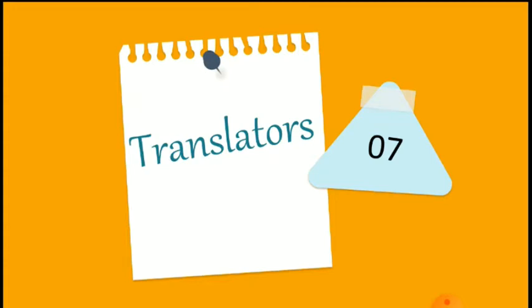In previous session, we have studied the first translator, that is assembler. So assembler is used to translate middle level language or assembly language into machine language. In today's session, we will see the second translator, that is compiler. In that, we will study what is compiler and different uses of compiler. So let's start with this session.